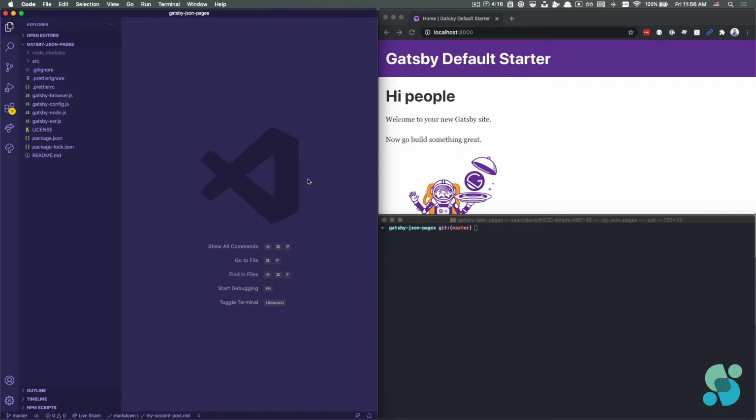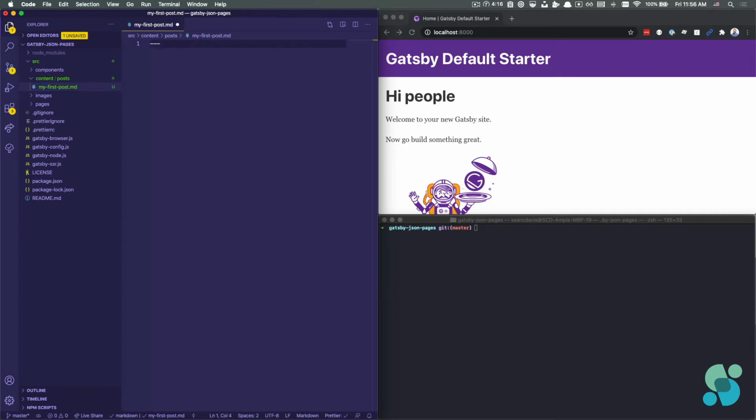So to get started, let's go ahead and create our post files. I like to put Markdown file content in source/content, and because these are posts, I'm going to segment them by posts, and I'll just do some silly examples. My first post.md, and what we'll do here is open the file by starting with front matter to add some attributes